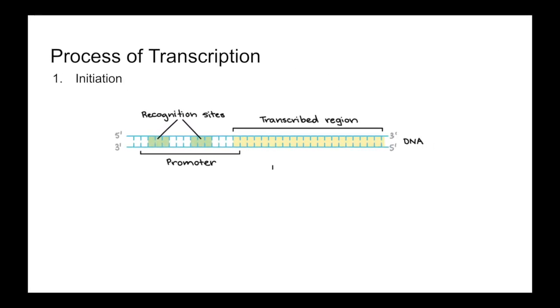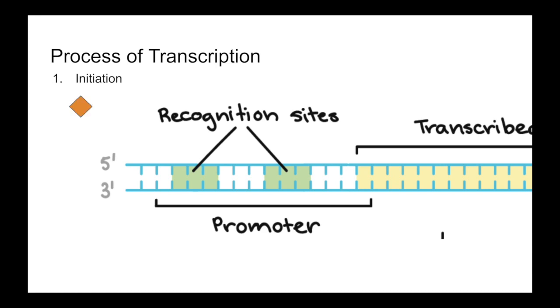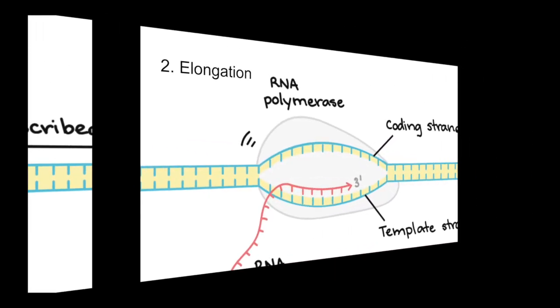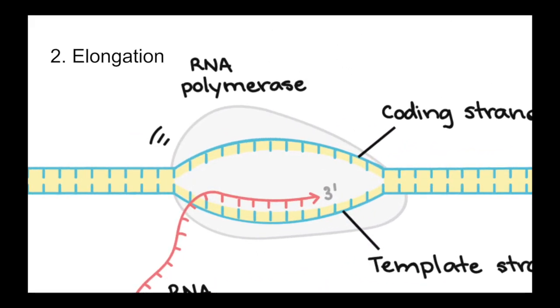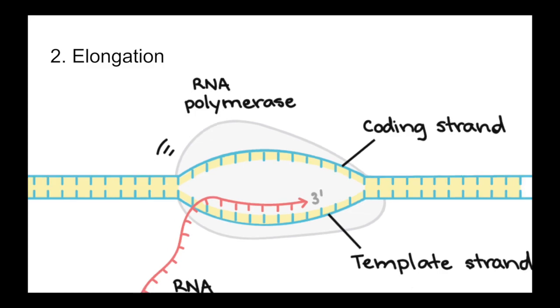Number 1, initiation. During initiation, transcription factors, the orange diamond, bind to the promoter region, which is a non-coding section of DNA, and then an RNA polymerase, the purple circle, binds to the transcription factor and begins to open the DNA double helix. Elongation. During elongation, the RNA polymerase builds a single-stranded RNA molecule after separating the coding strand and the